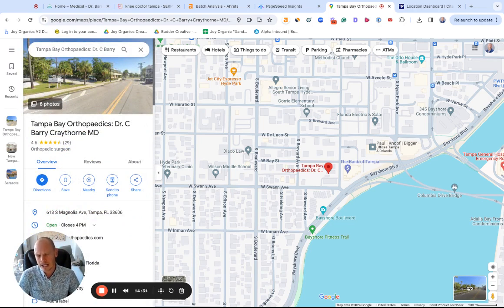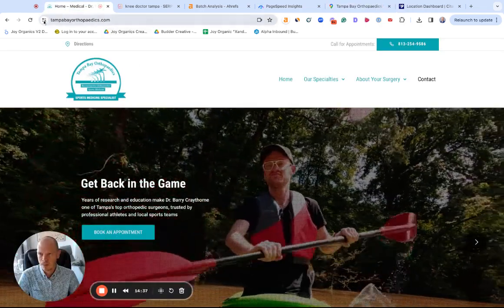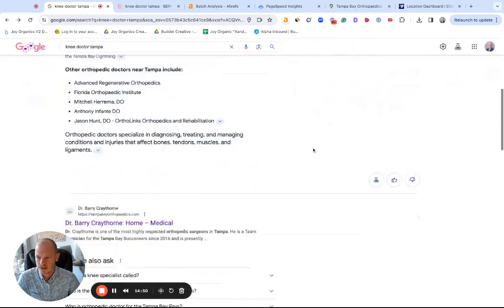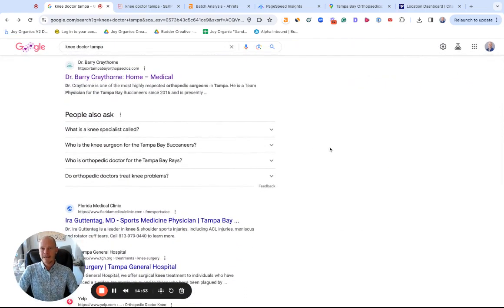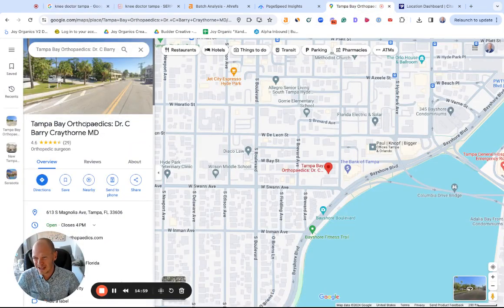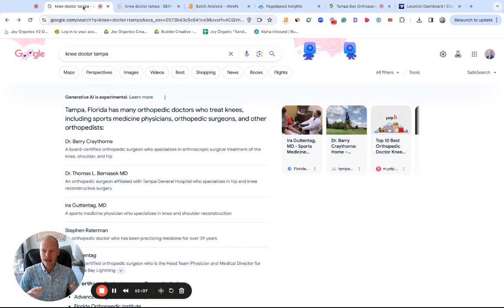The other thing I want to point out, and I don't normally mention this, but I want to for this particular market. Let me go back actually to Google. Because I was talking about Facebook and Yelp, one of the things that business owners can do to further dominate their market, let me go back here real quick. So Tampa Bay Orthopedic, so that's kind of having your keyword in there. And if they built out Yelp pages, Facebook pages, and after doing that, built links into those pages,